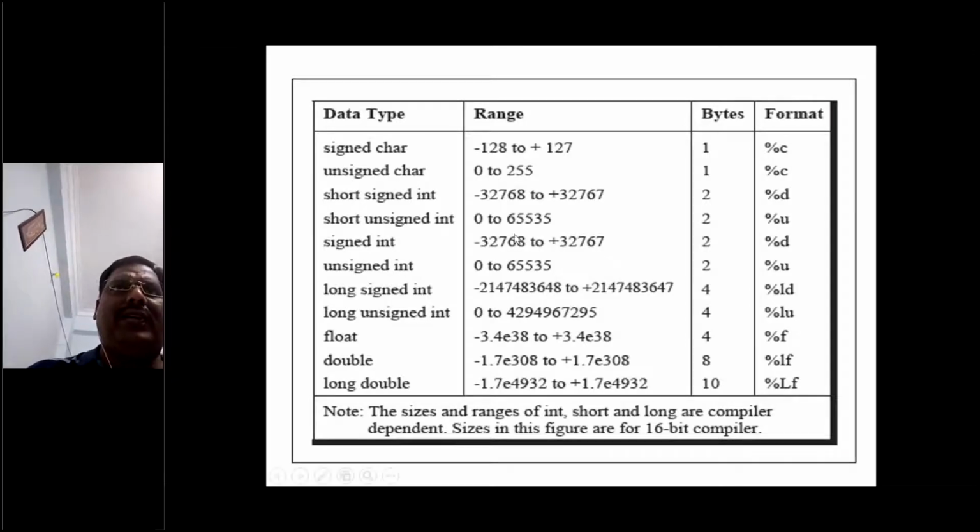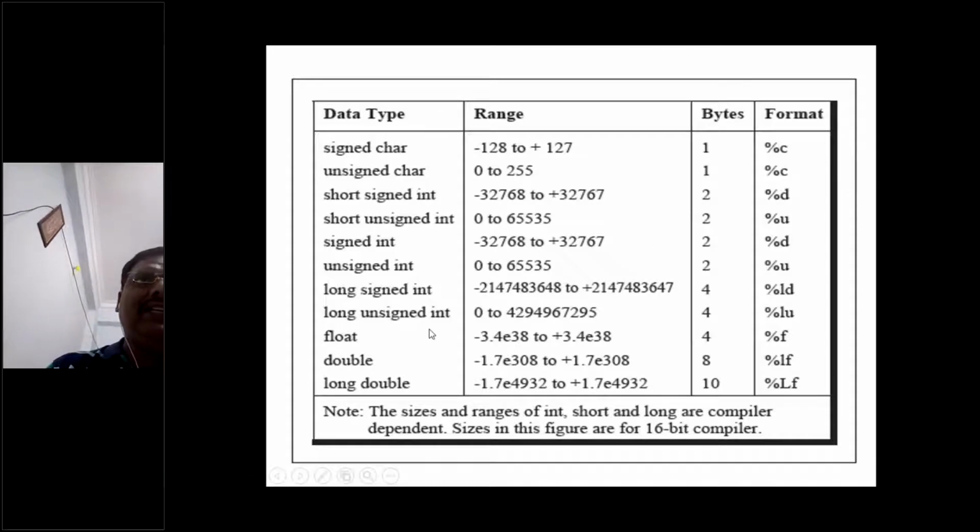In order to increase the size of those data types, we can use the qualifiers, which are signed and unsigned. Signed means we can use both negative and positive values.